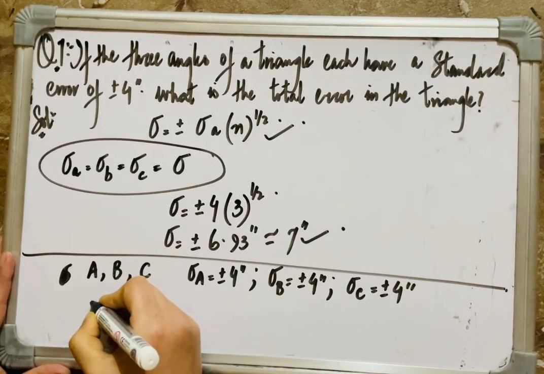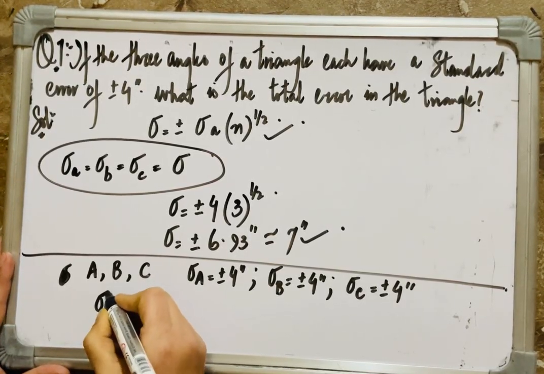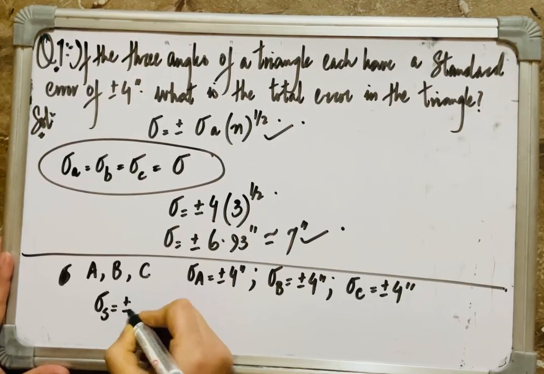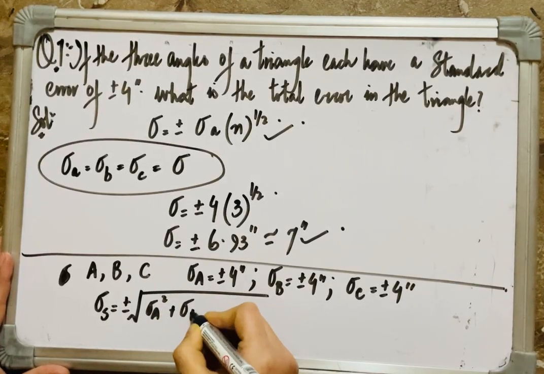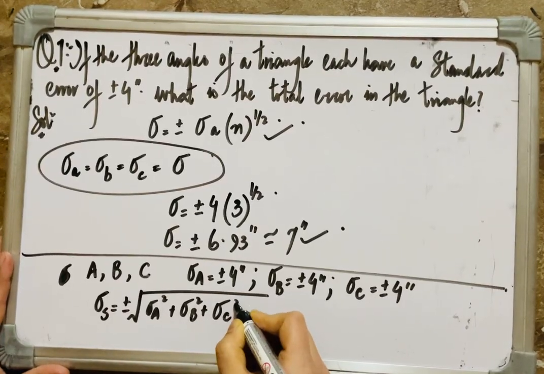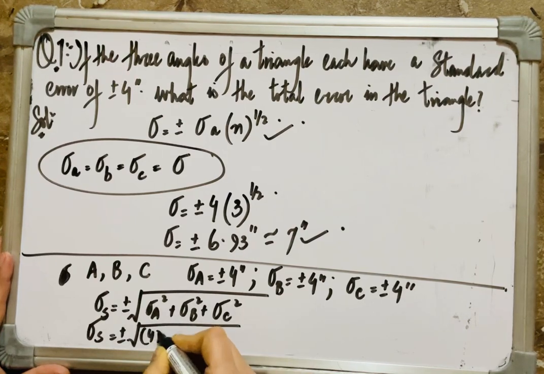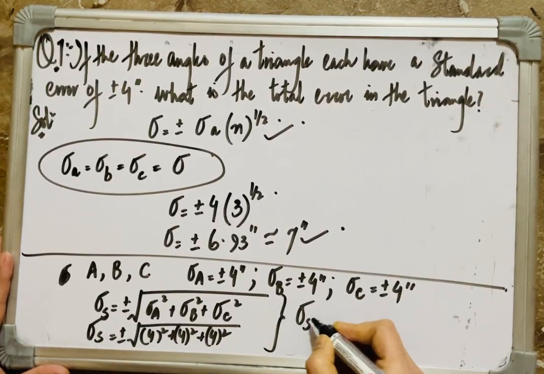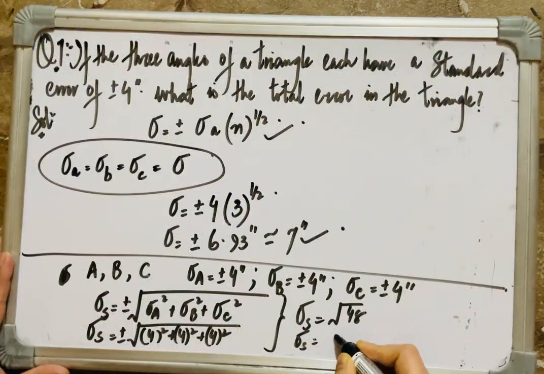What is the standard error in the triangle? That is their summation. Let me give it a name, sigma S. This is equal to how much? Plus minus square root of sigma A square plus sigma B square plus sigma C square. That means standard error in the sum is plus minus square root of 4 square plus 4 square plus 4 square. By calculations, this is equal to how much? Square root of 48, which is equal to plus minus